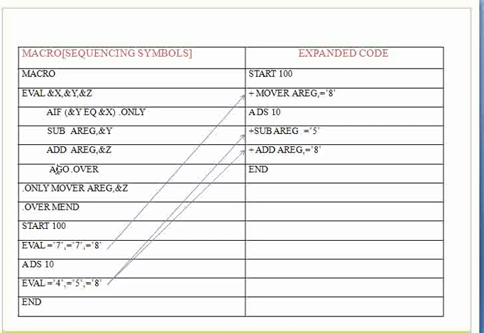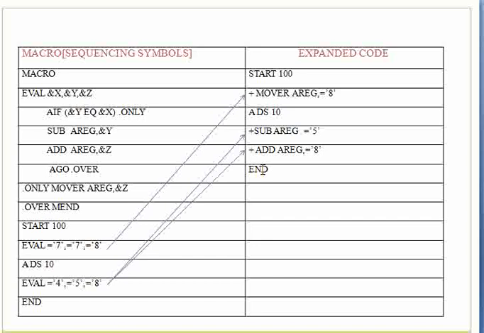Now next we see AGO. AGO is an advanced macro facility for conditional expansion. It doesn't test any condition, it simply transfers the control to that line where the sequencing symbol .over appears as a label. So it goes to this line which indicates end of the macro. And see, AIF, AGO, and sequencing symbols, none of them become part of your expanded code. MEND means end of the macro, and that is why it will go to the first line following this macro call, which is END, written over here.